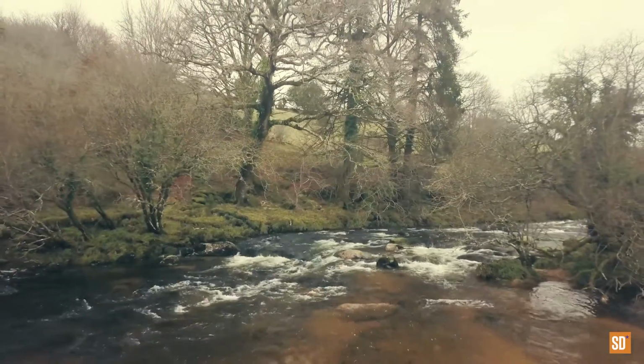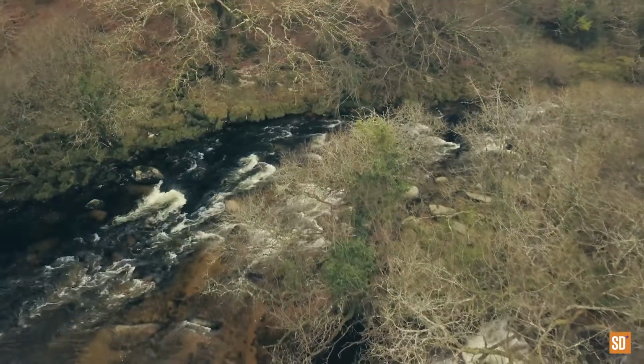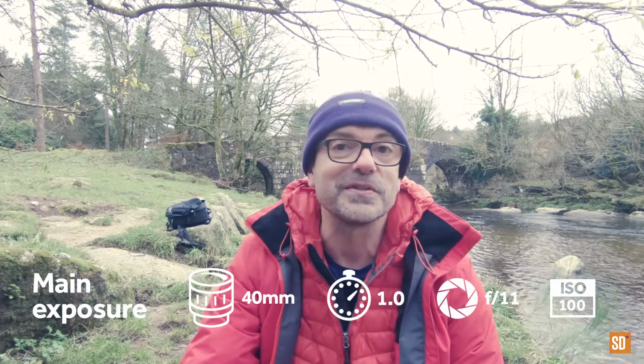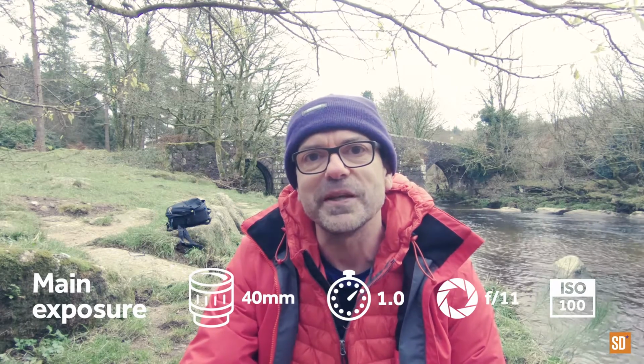It's very cold, windy and overcast on Dartmoor today, so I've headed down into a little valley along the River Dart to do some detailed shots of water and rocks. These overcast conditions are perfect for this type of shot, and I'm framing a composition so I'm not including the sky because that adds nothing to the shot. Yeah, I've got a nice little composition here that I'm really happy with. I'm just using a polarizing filter, and I'm using Mother Nature as my neutral density filter because it's so dark. The polarizer is enough, and I'm going to get a nice sort of milky, blurry water